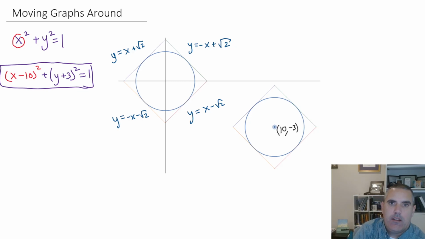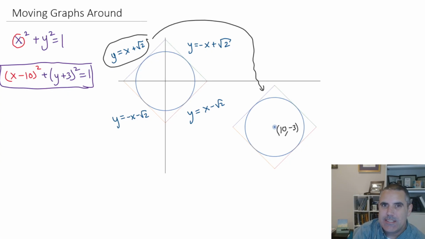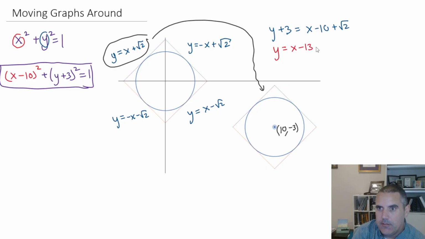So let me illustrate that here. If you wanted to move this line to here, you could do the same sort of replacing. So this gives you hopefully another perspective. You could replace y, just like we replaced y with y plus 3. And you could replace the x with x minus 10. It's that quick. So that's really what this is about. Now, if you're going to clean that up, it's going to be something like y equals x minus 13 plus